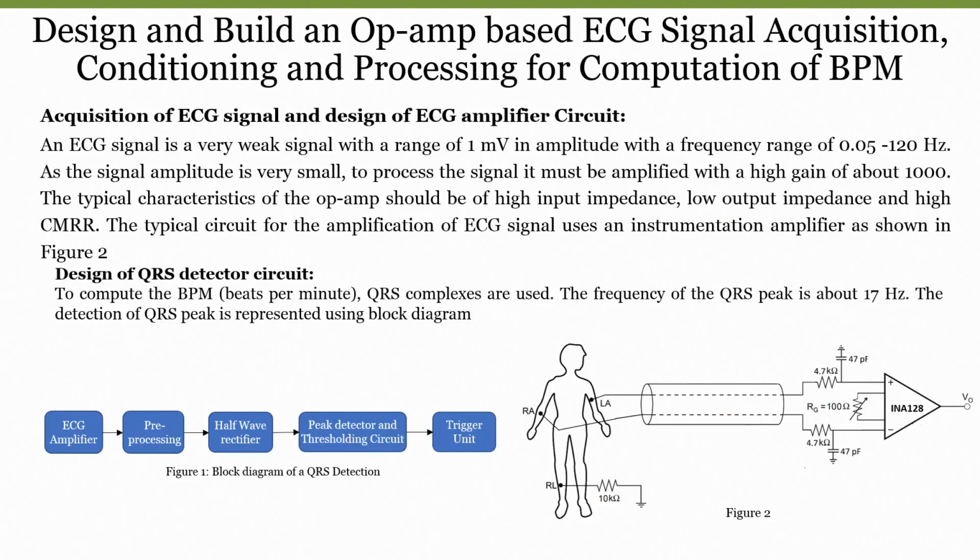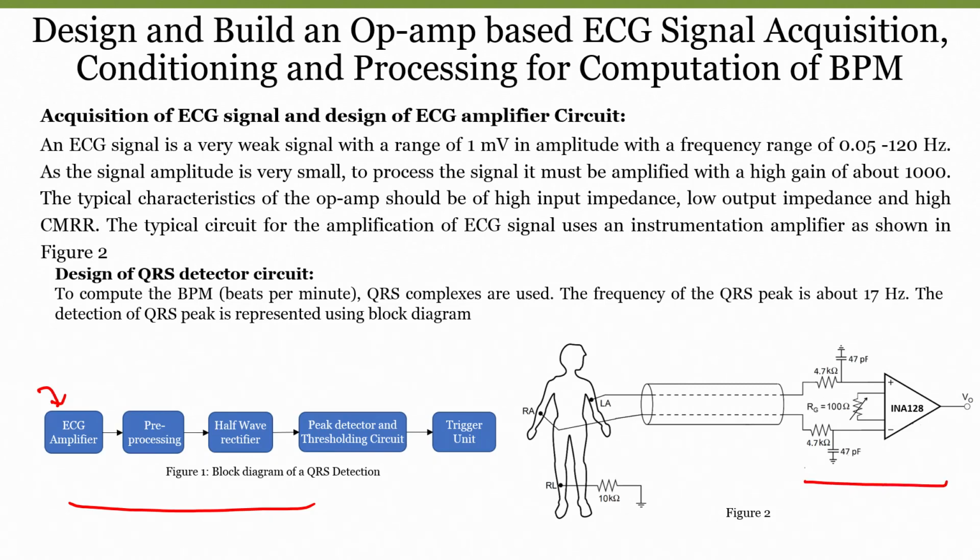Now, how do we acquire an ECG signal? When we look into figure 2, the first thing we will see is how exactly we do our complete processing, represented in a block diagram way. First, to the patient's body, we connect ECG electrodes using connecting wires, ECG wires, and connect them to an instrumentation amplifier.